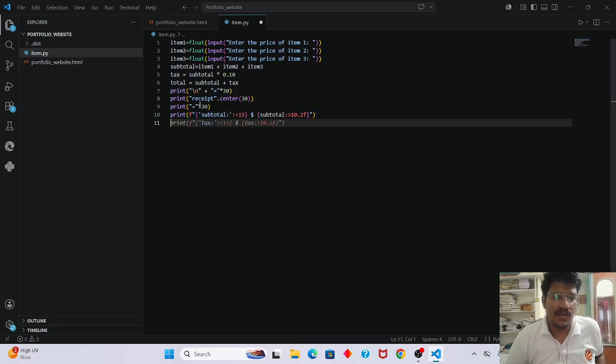In this line 10, it left-aligns the subtotal and right-aligns the price. Okay. And in the last we'll write